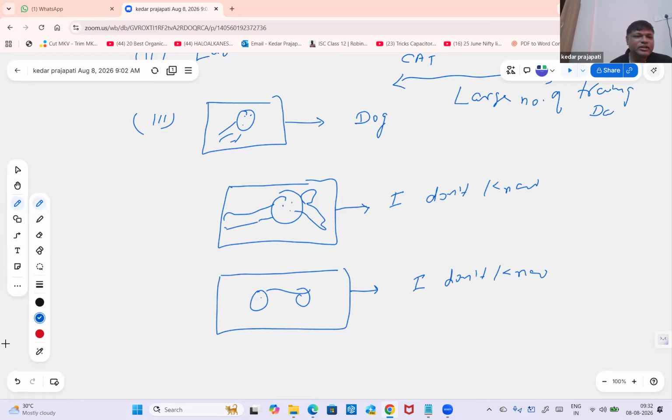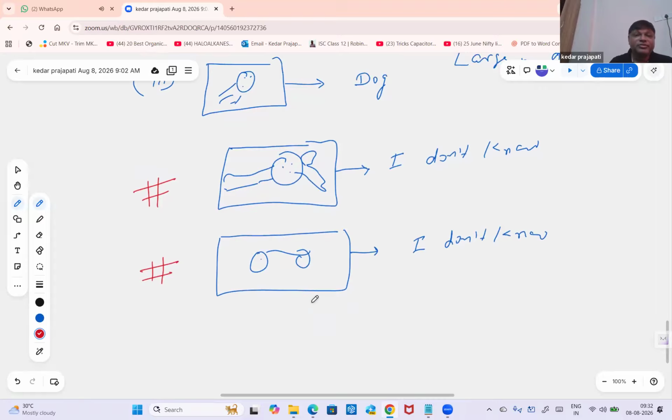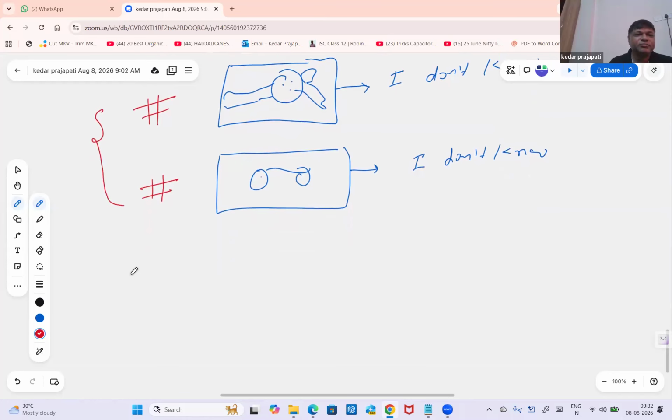So this was until like 2023, right? On unknown images, the machine was not able to predict. But these things we will see in Gen AI and deep learning, where these answers will be coming, that this is a lion, this is this, right? So I'm just keeping it aside. We'll discuss in deep learning. But let us learn about machine learning.